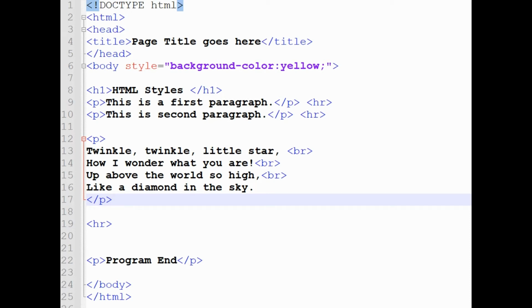In this chapter, we are going to explain about HTML styles. Setting the style of an HTML element can be done with the style attribute. The style attribute